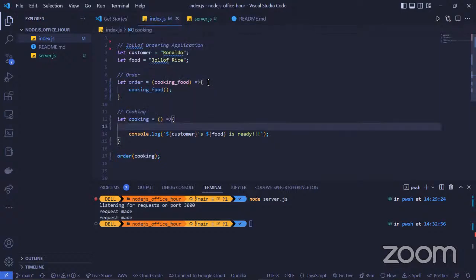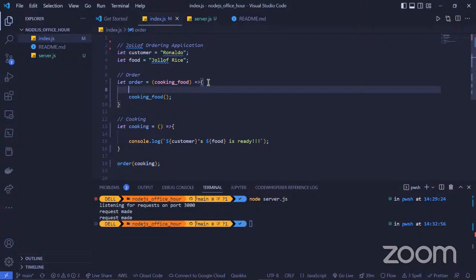So for those that didn't join us on Tuesday, the whole concept is we want to create a jollof rice food ordering application. But I named this application food ordering application in case we want to scale up to meet other customers' demand. Not all customers want to eat jollof rice, okay? But we're just looking at jollof rice as a case study to start building our project basically from scratch.